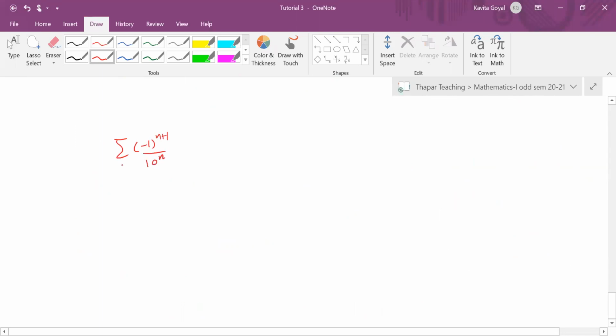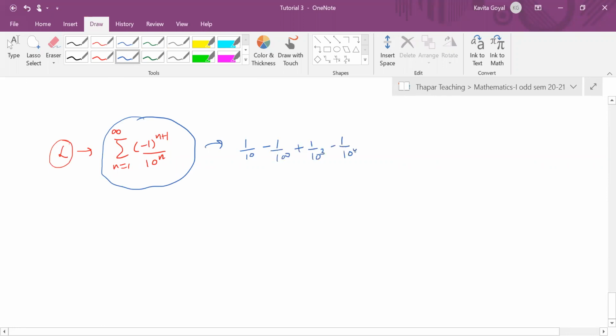Both the parts. You see, beta, we are saying here, suppose you have an alternating series, and let L be the exact sum. If it is convergent, there will be some sum, a value of this sum, say L. And suppose you are approximating it with only n terms. For example, here this series is 1 upon 10 minus 1 upon 100 plus 1 upon 10 cube minus 1 by 10 raised to power 4 and so on. So I am saying that I will just take these 3 terms, I will get some sum, and I want to know how much is the error.